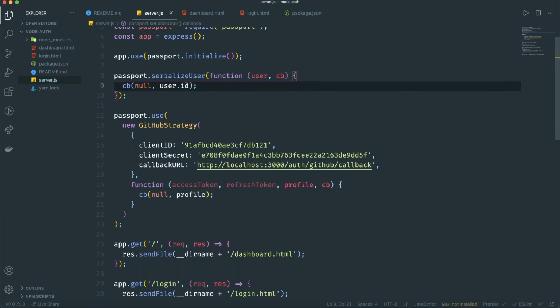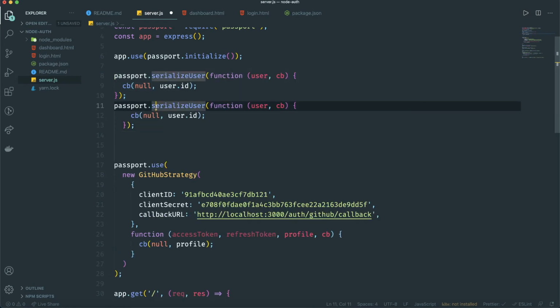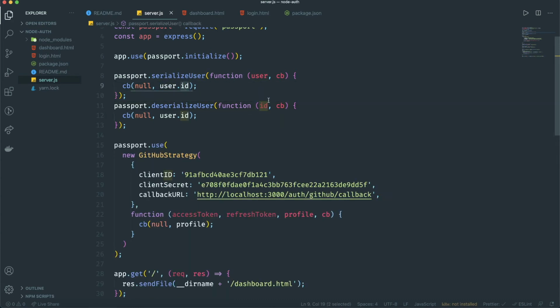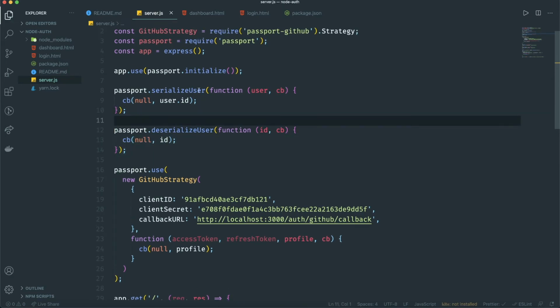This is what you're going to store in the session. If you get the profile right here, we get an ID, so I will use the ID as the session. You can use the entire user as a session as well, but I'm going to make it small. So I'm just going to store the user ID, and then we need to deserialize this. It's going to be deserialize, and this one is going to be an ID because we serialize with ID. So now we have this in our session, and then we need, for persisting the session,